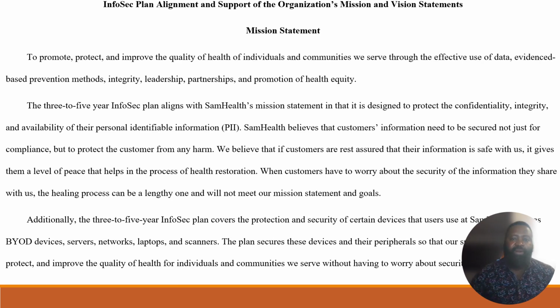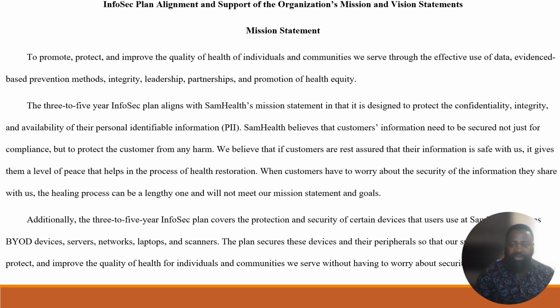Let's talk about InfoSec plan alignment and support of the organization's mission and vision statements. First of all, the mission statement of SamHealth is to promote, protect, and improve the quality of health of individuals and communities that they serve through the effective use of data, evidence-based prevention methods, integrity, leadership, partnerships, and promotion of health equity. The 3 to 5 year InfoSec plan aligns with SamHealth's mission statement in that it is designed to protect the confidentiality, integrity, and availability, commonly called the CIA triad, of their